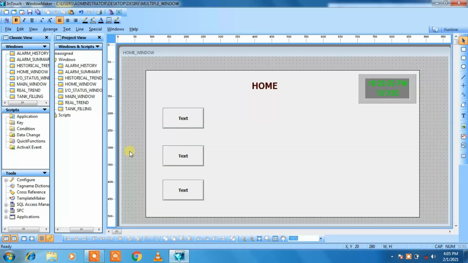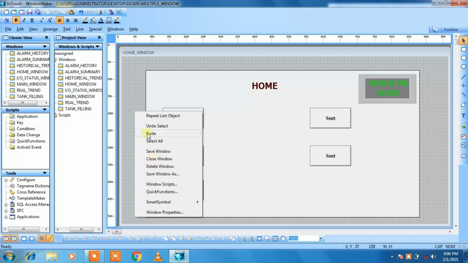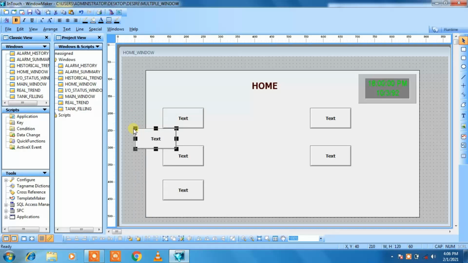I have taken 3 text buttons, I want 4 more again. So click on the screen, paste it. Let us arrange. Then again take another button. I want 2 more buttons, so I will paste again, click on screen.